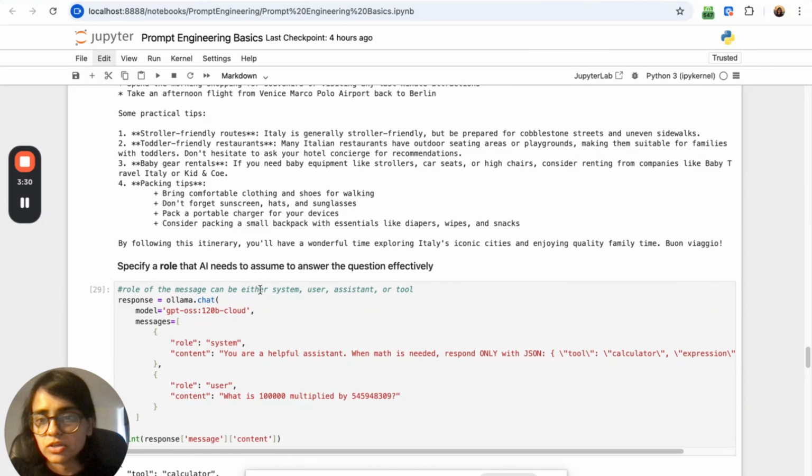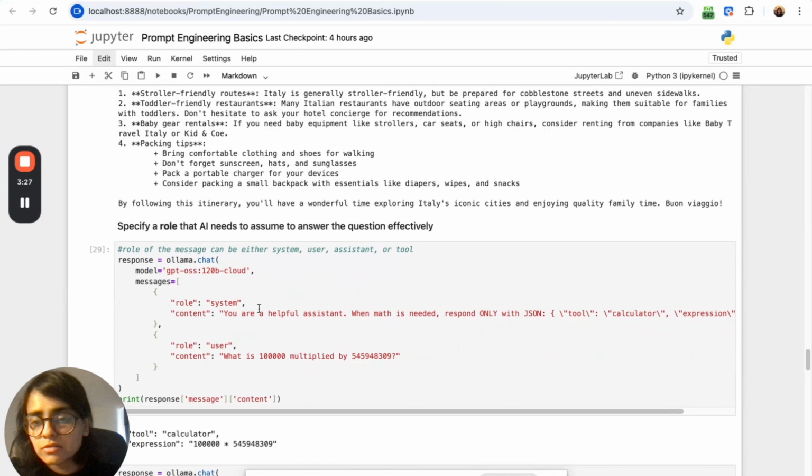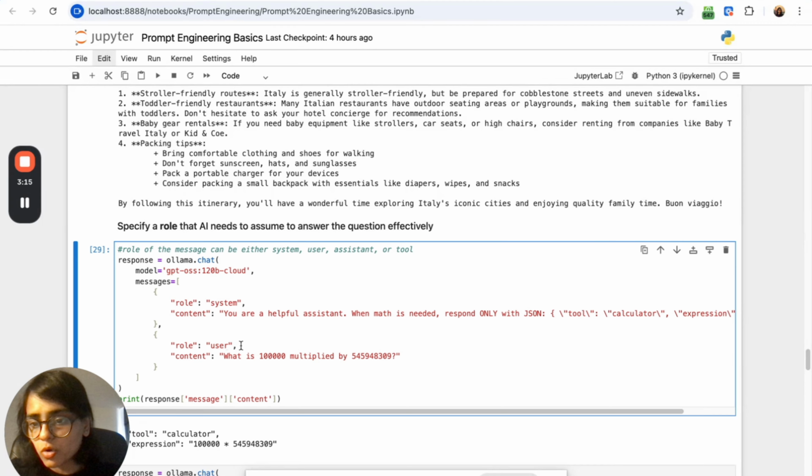Okay. So moving on to the next best practice, which is specifying a role that the AI needs to assume to answer the question effectively. So what is a role? Basically, if you see the messages, there are different roles that you can assume when you are passing the messages to the LLMs. The role user is basically the prompt that you want to pass to the LLMs,